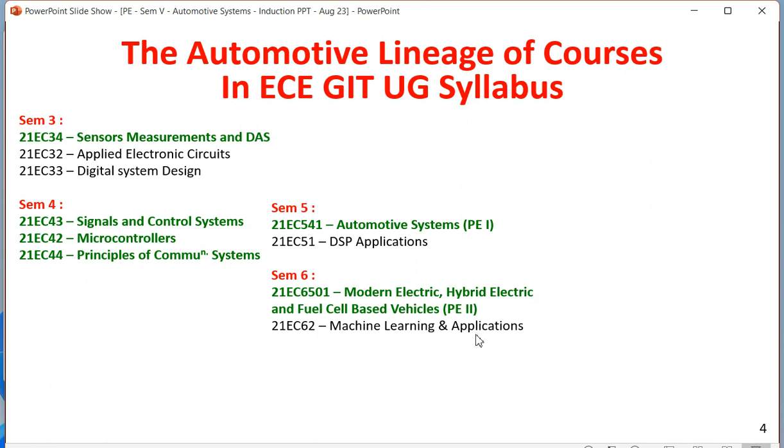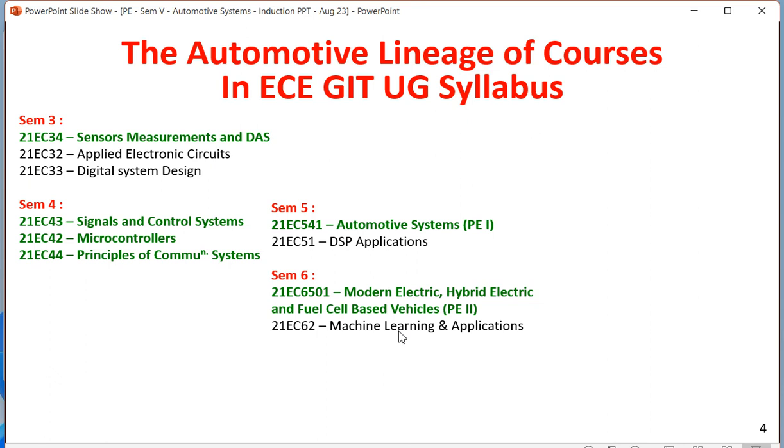I know a student, Samit Chogle, who was selected for Mercedes-Benz last year. His whole interview process was based on machine learning and application. He was not very good in electric vehicles and other automotive systems, but he was very good in machine learning and application. He had developed programs and projects using Python and other languages, and he was absorbed on the very first day by Mercedes-Benz.